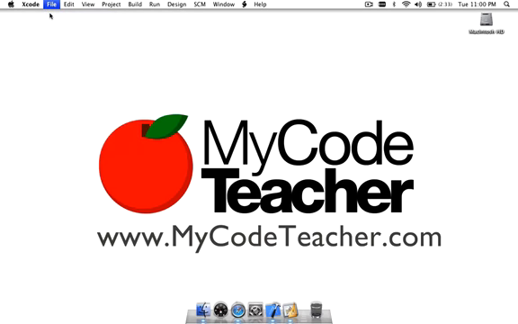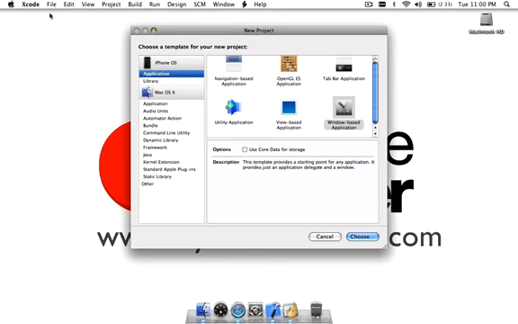So navigate to File, New Project, and our application is going to be pretty simple. It's really just going to have an instance of UI window with an instance of UI table view on top or inside of it. So we're just going to choose window-based application,